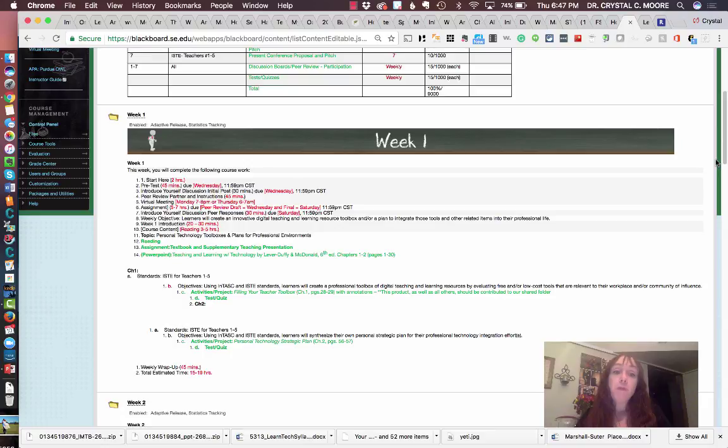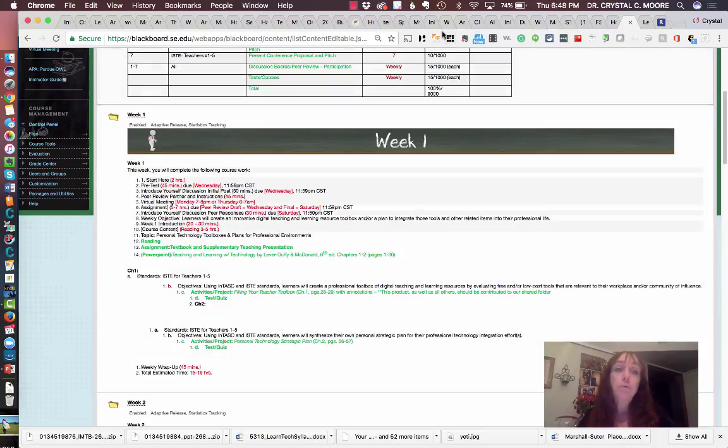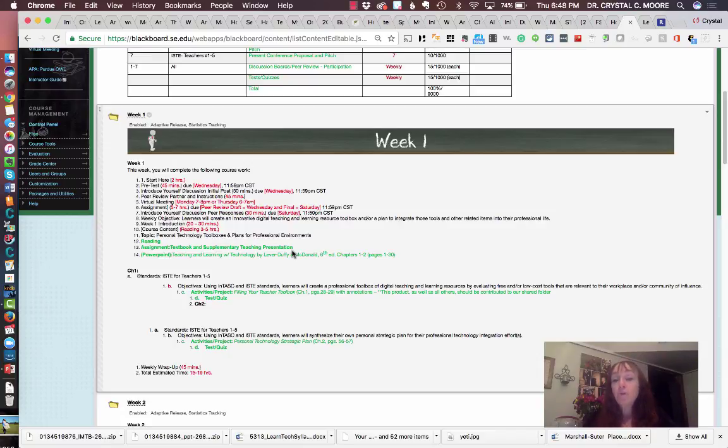Now, I used to use different adaptive releases or different formats in Blackboard of how to release the content to the students. And what I found is that they all liked just having one-stop shopping. They didn't want to have to do 2 to 3 to 5 clicks to get to the content they wanted. And that request follows sound learning theory, especially in technology-mediated environments. And so I added their instructions for what they need to do for the